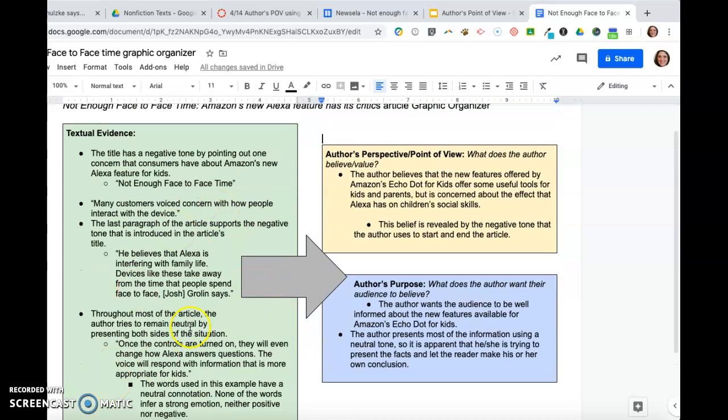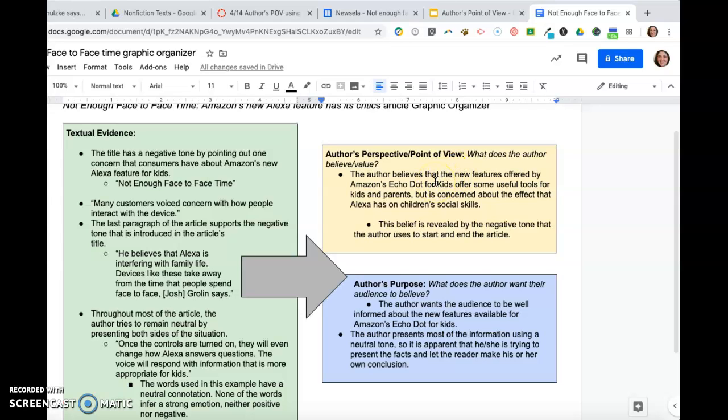So after I found the textual evidence, I then went over here and answered the question, what does the author believe or value? And the author believes that the new features offered by Amazon's Echo Dot for kids offer some useful tools for kids and parents, but is concerned about the effect that Alexa has on children's social skills. So although I could tell that the author wasn't a huge supporter of the use of the Amazon's Echo Dot for kids,